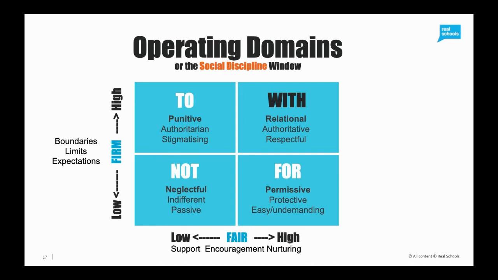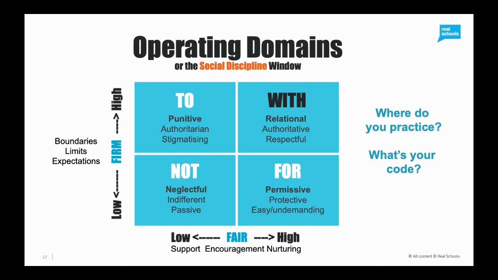When we're authoritarian, we take authority through power. When we're authoritative, we assume authority through practice because of the way we conduct ourselves. And that means that we create these respectful environments. And don't fall for the trap of thinking that respect belongs in the 4 box. We respect people who have high expectations of us and who support us like crazy to reach those expectations. So know that that's what this is all about.